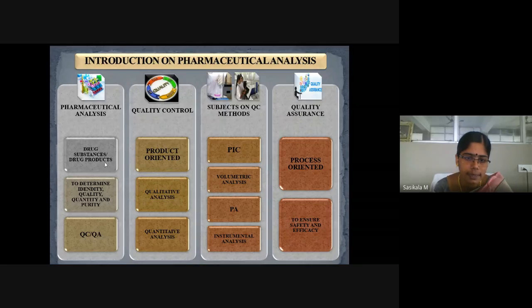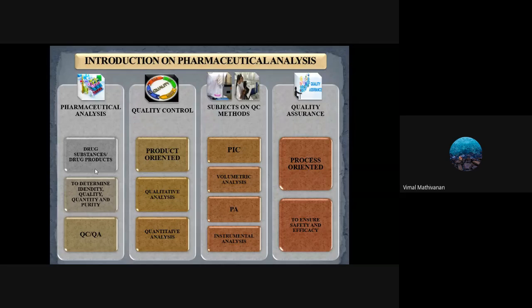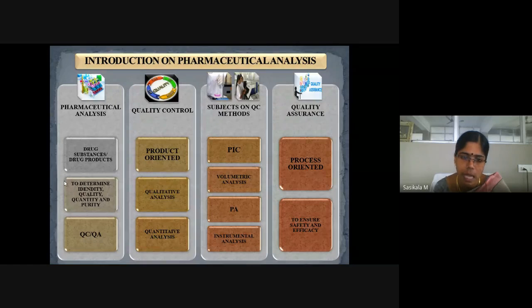And how is this analysis carried out? Based on the physical and chemical properties of the drug substance. On what basis will we analyze its identity, quality, quantity, and purity? This analysis is carried out based on